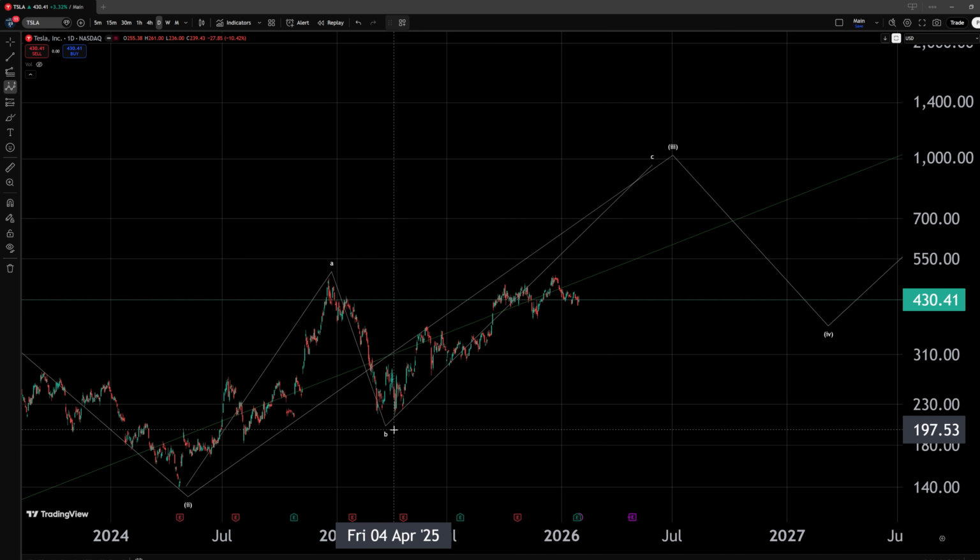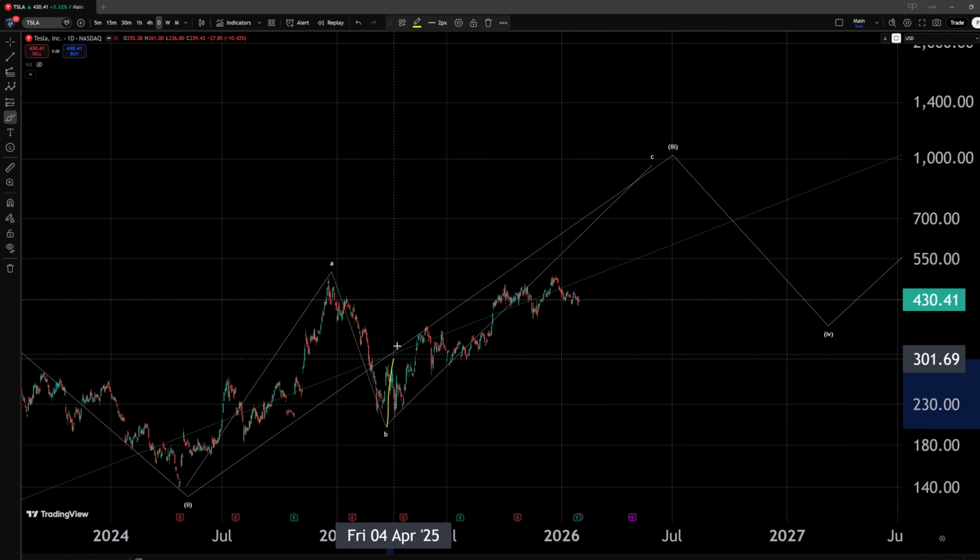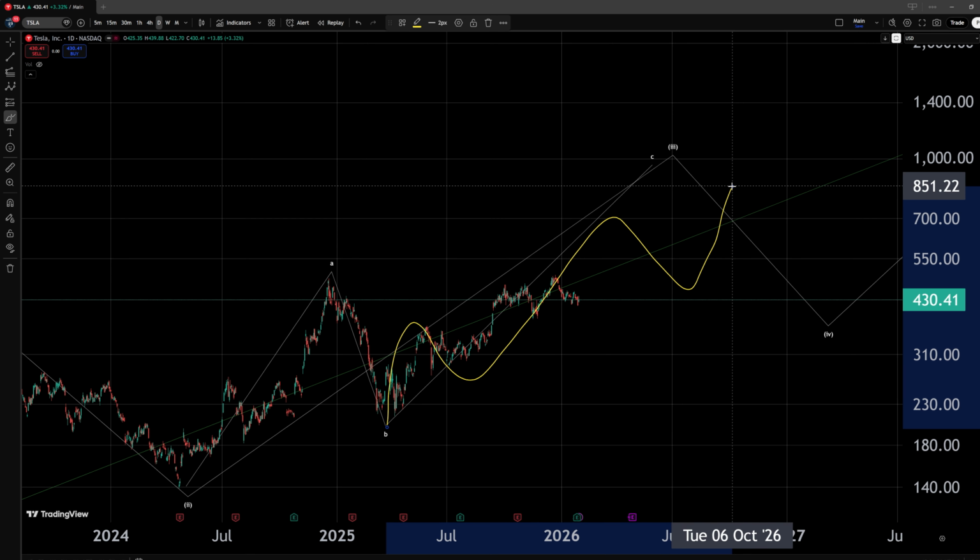Firstly, this could be an impulse. This does not have any other requirements, but it must be a 5-wave structure. So within this area, we're looking for something like a 1, 2, 3, 4th, and a 5th to build this